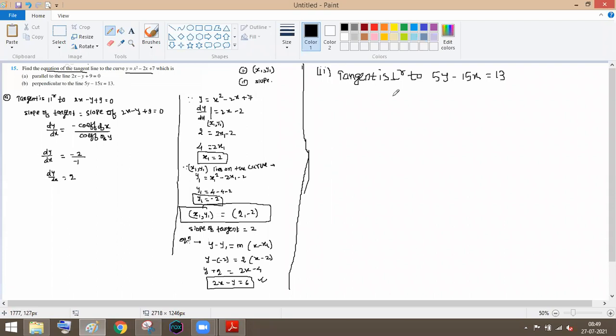If the tangent is perpendicular to this, can we say that the slope of tangent multiplied by the slope of 5y minus 15x equal to 13 must be equal to minus 1? Because if two lines are perpendicular, then the product of their slopes will be equal to minus 1. So if I calculate what is the slope of tangent from here,